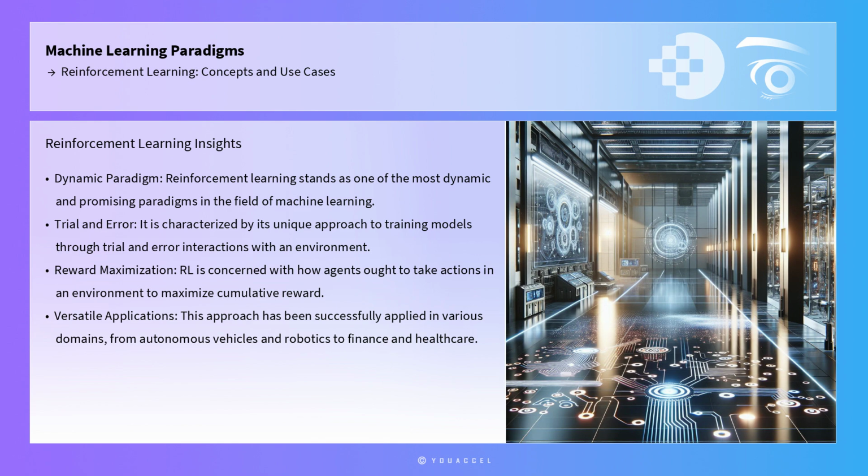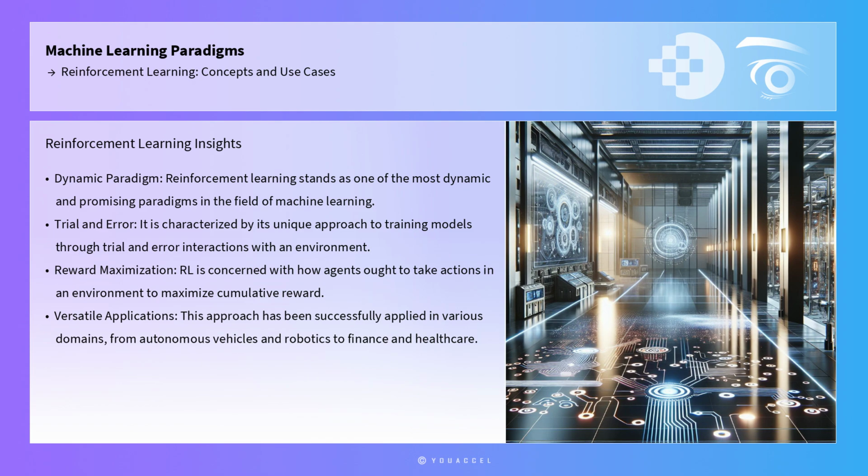Reinforcement learning stands as one of the most dynamic and promising paradigms in the field of machine learning, characterized by its unique approach to training models through trial and error interactions with an environment. Unlike supervised learning, which relies on labeled data, and unsupervised learning, which focuses on identifying patterns, RL is concerned with how agents ought to take actions in an environment to maximize cumulative reward. This approach has been successfully applied in various domains, from autonomous vehicles and robotics to finance and healthcare, demonstrating its